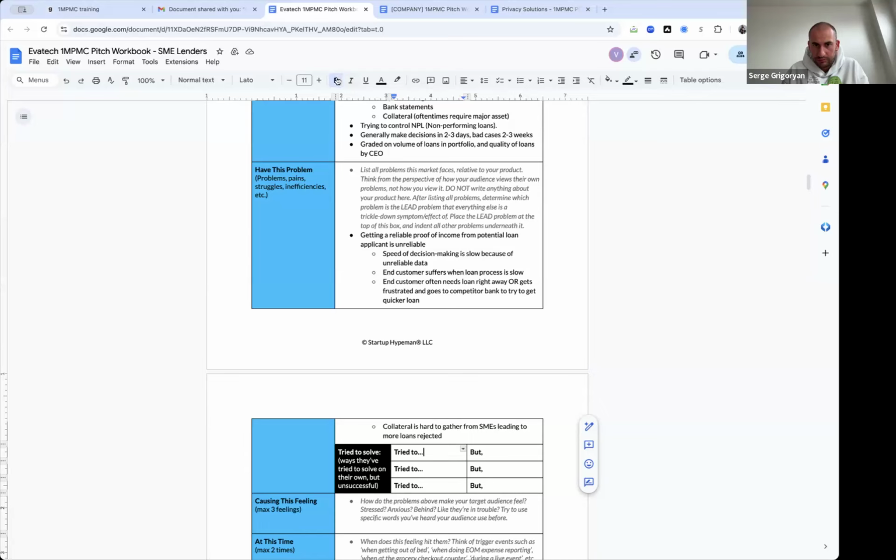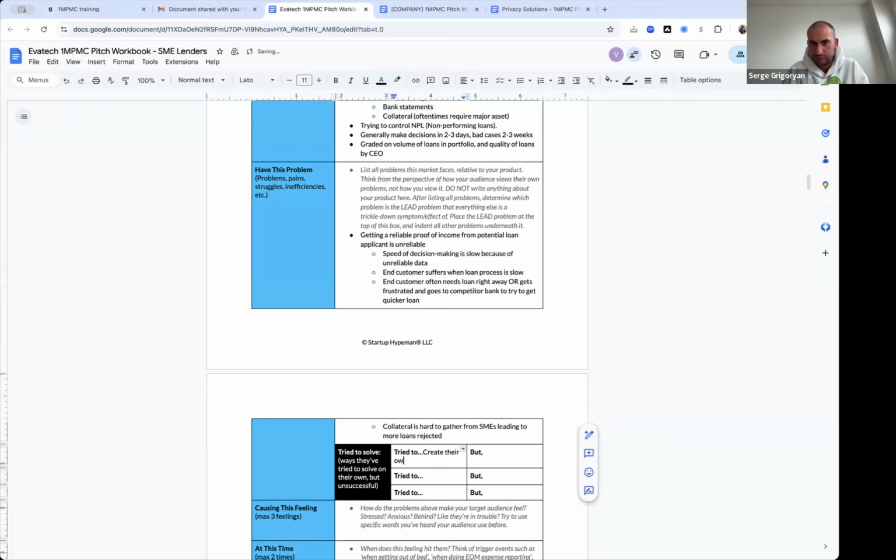Yeah. So the first one is they try to create their own models of valuation. Okay. What is the challenge that keeps them unsuccessful? They couldn't cover a significant number of sectors, types of businesses, of industries.